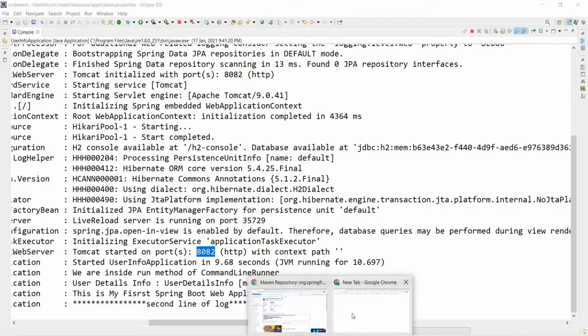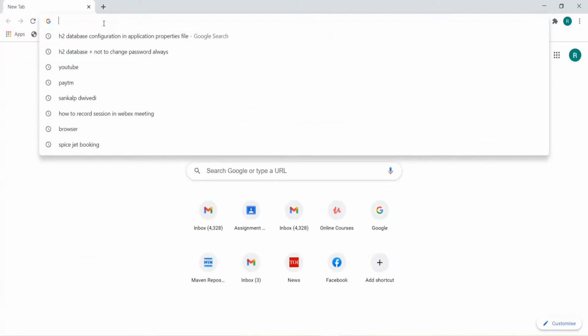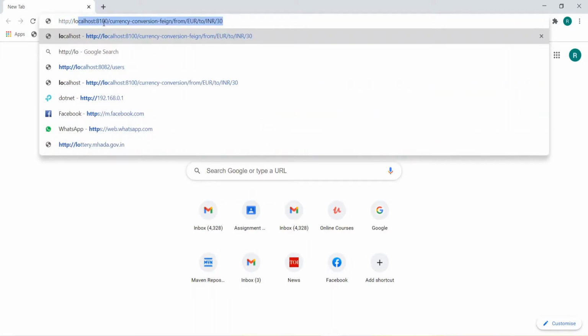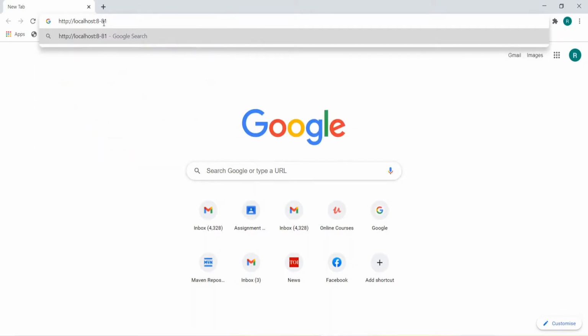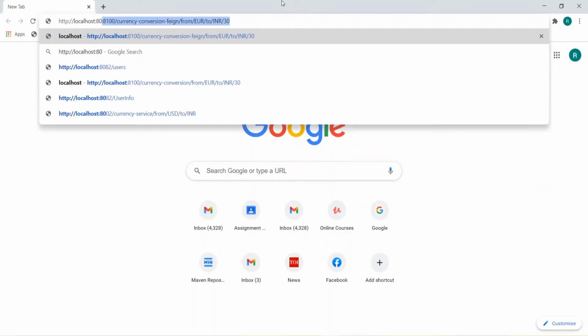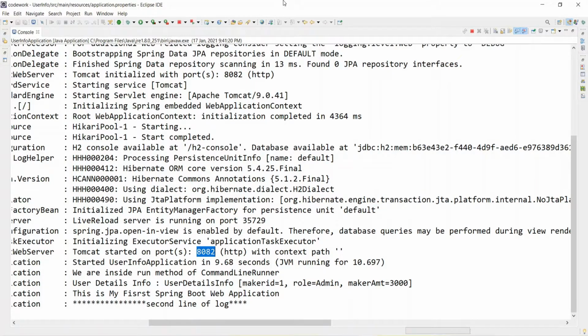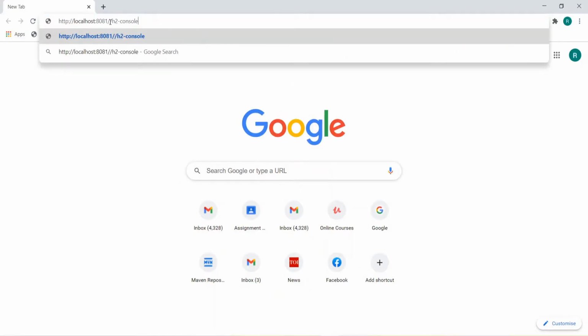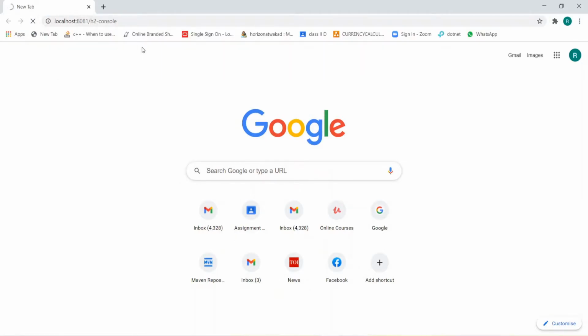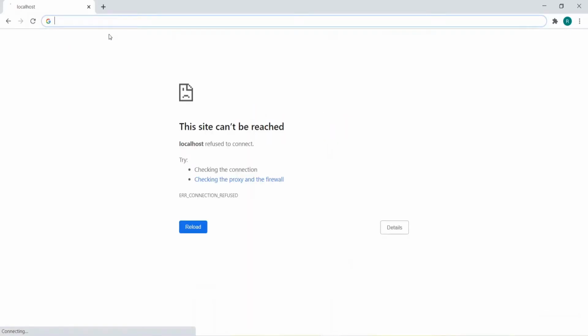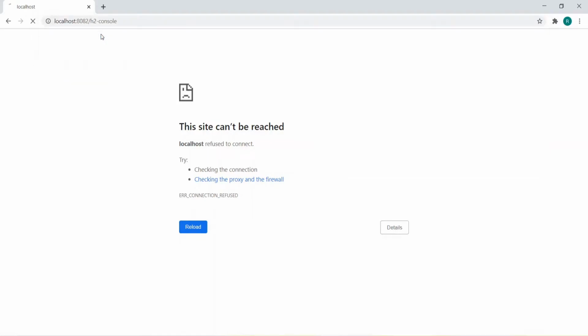So here what you can do, http://localhost:8082, and you need to add this one, H2 console. So it's running on 8082, not on 8081.